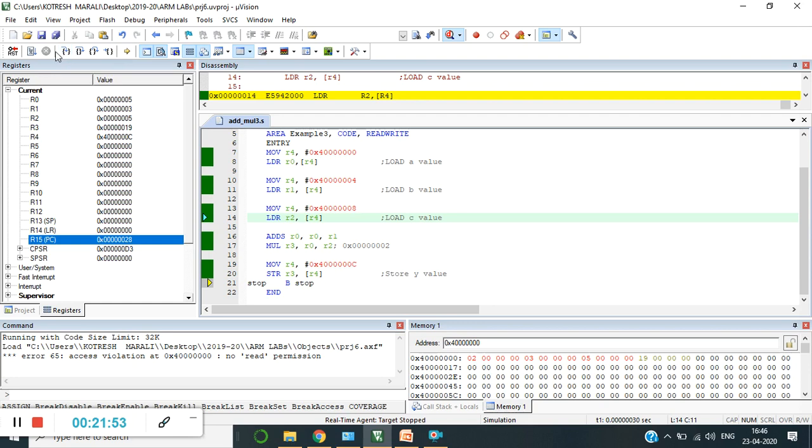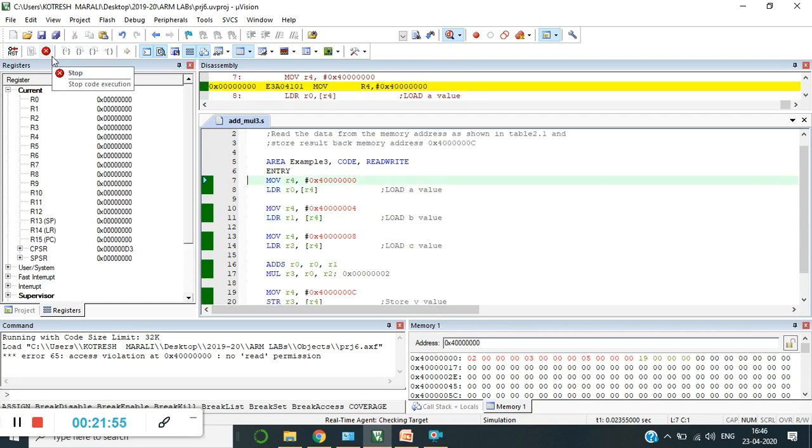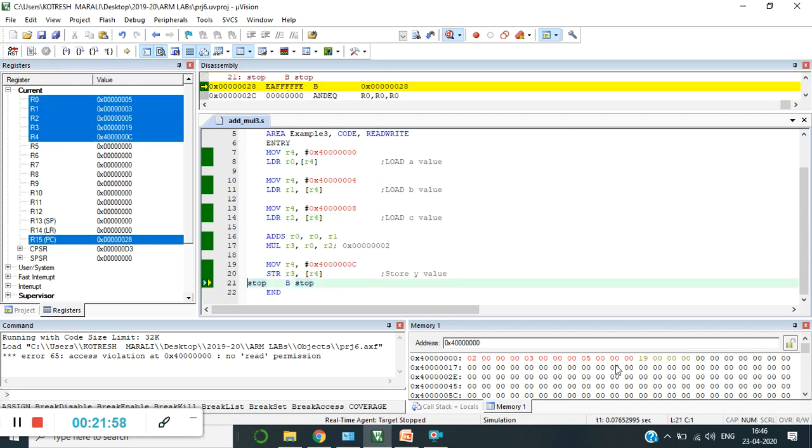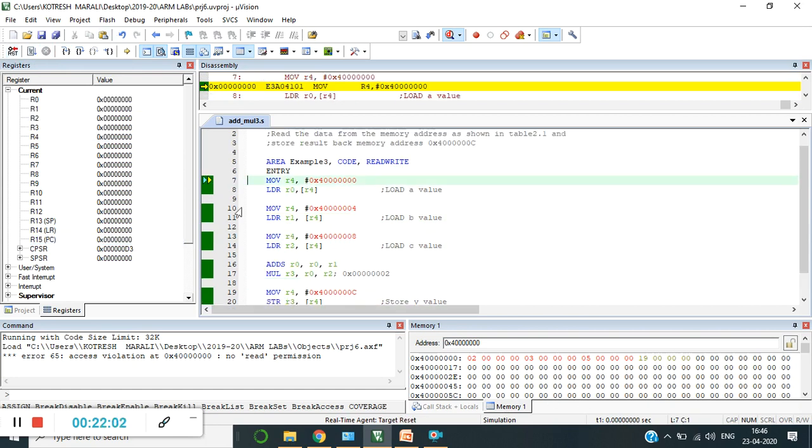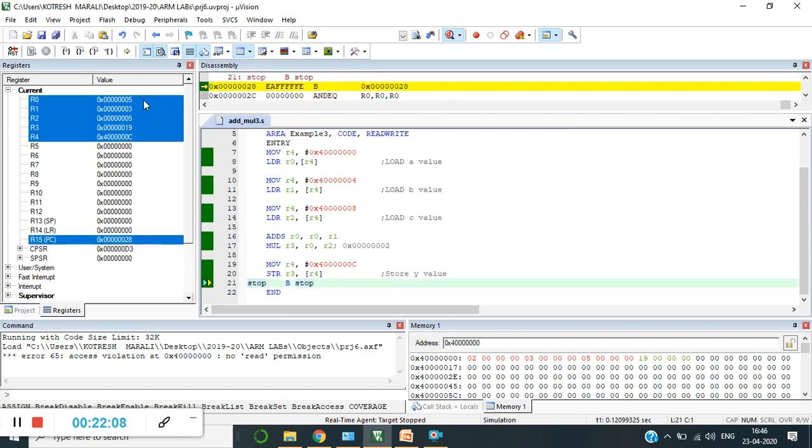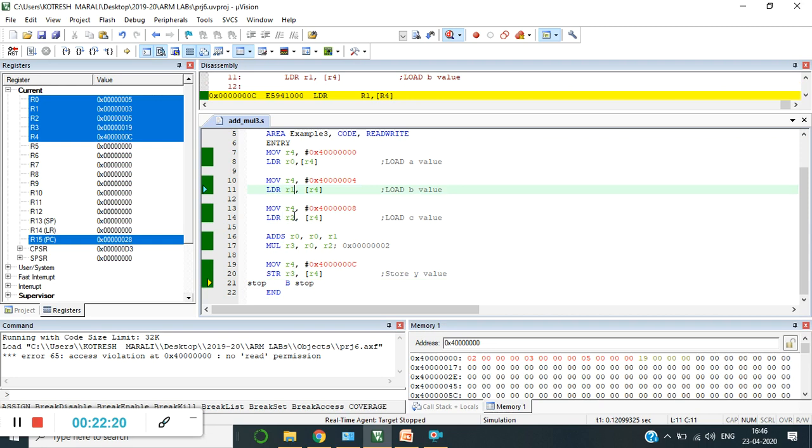Sometimes what we do is directly execute this, close this, and try to see the output. Reset means everything is cleared here, so the data is clear again. We close this and directly we could see the result. But what happens if something is wrong, a logical error, not a syntactical error? If there is any logical error, then it can be traced only with step by step execution. That is what you are supposed to understand in this program.